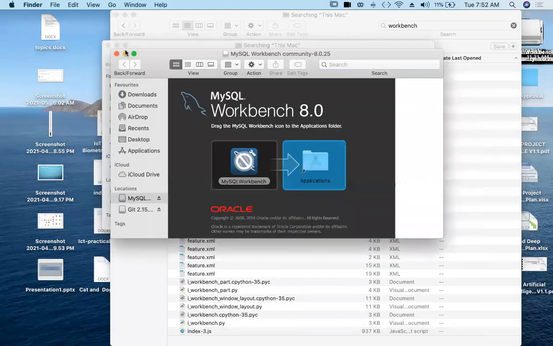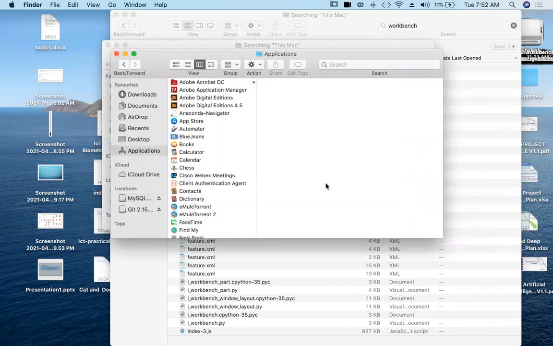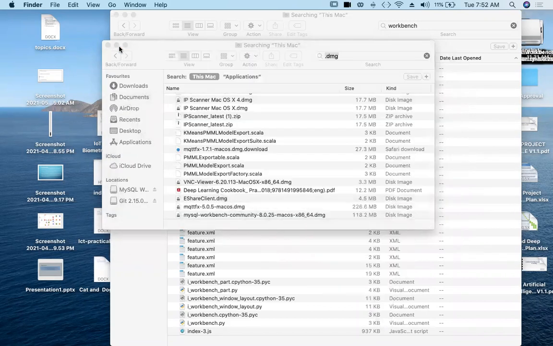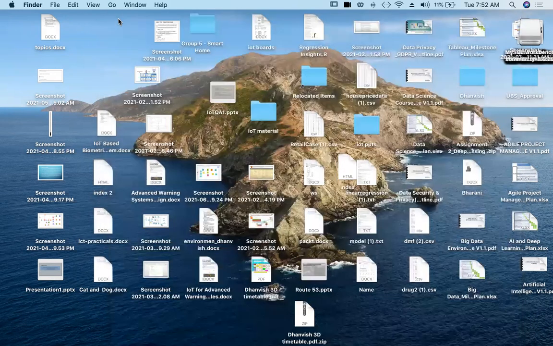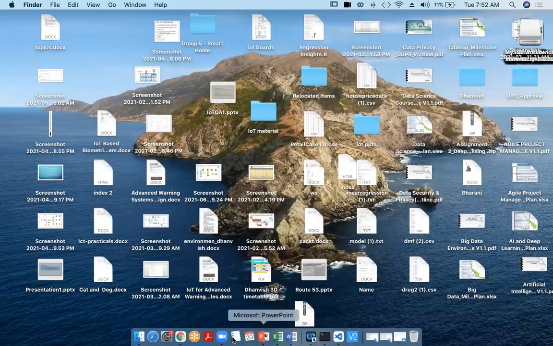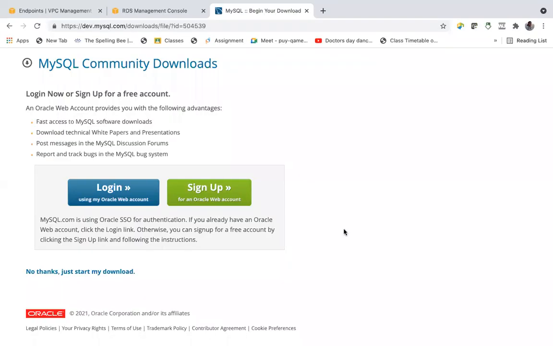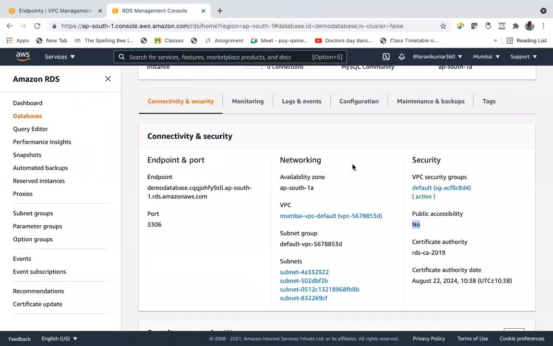Okay, anyway, I tried to install it, but it says Workbench 8.0 is not working with my Mac version. So try also connecting with Workbench. And the other option for private DB instances is EC2. The only option for private DB instances is connecting with EC2, whereas if public accessibility is there, from your local environment also through the internet, you can connect to database services.